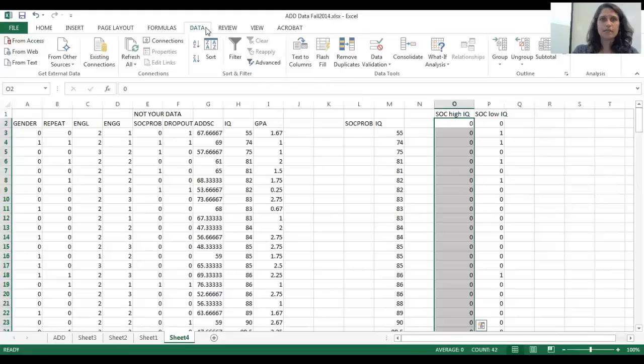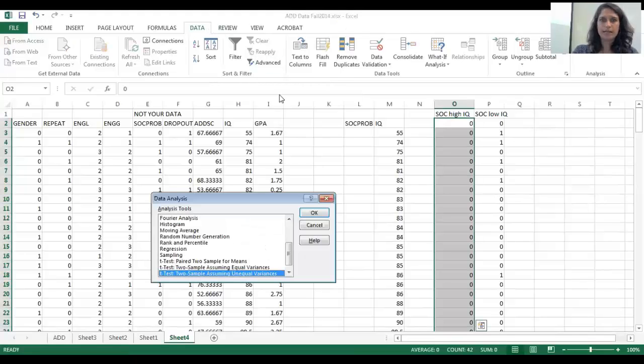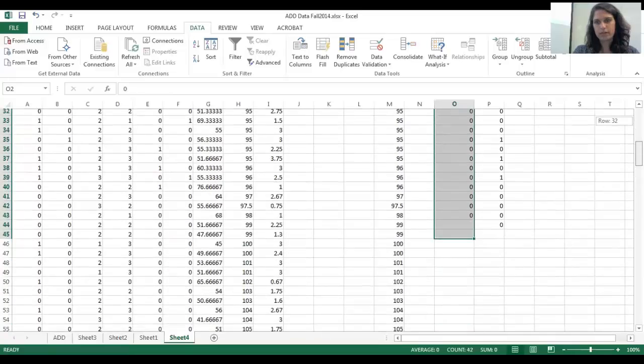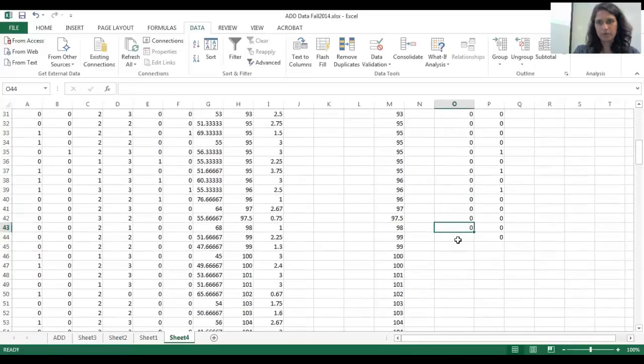All right, so let's see here. Now I want to go to data analysis. Oh, let's see. Uh-oh, I can't do 2 proportions on this. So I'll tell you what I'm going to do. I'm going to just take the percentage here. I know that I have a total of, let's see,